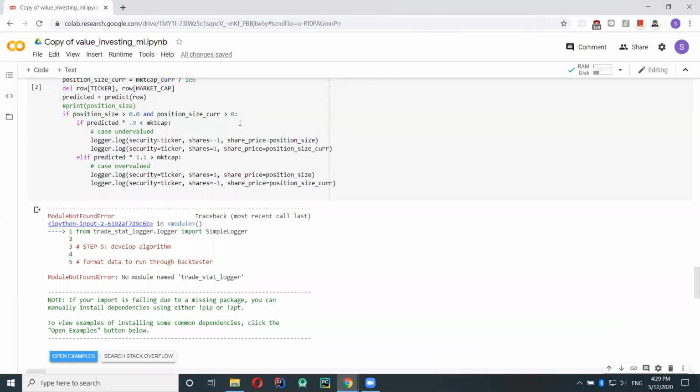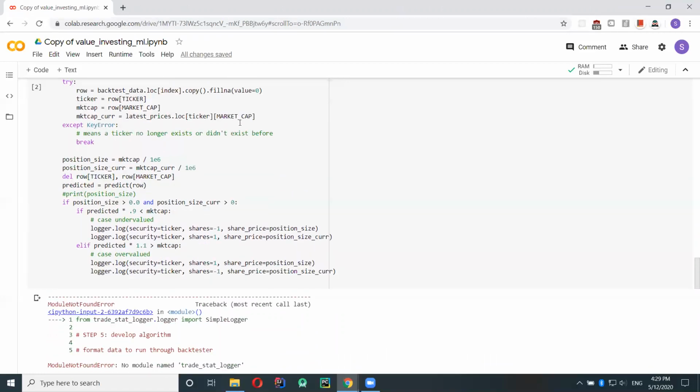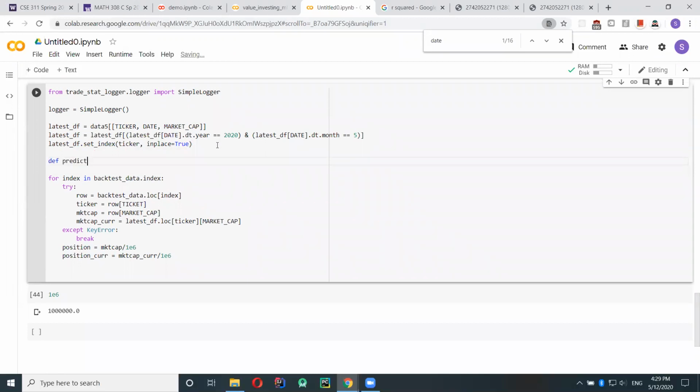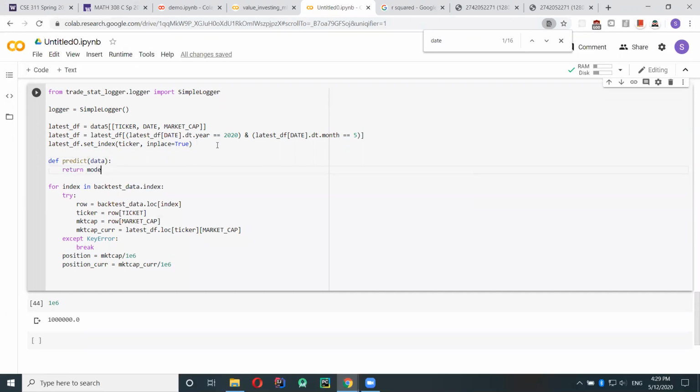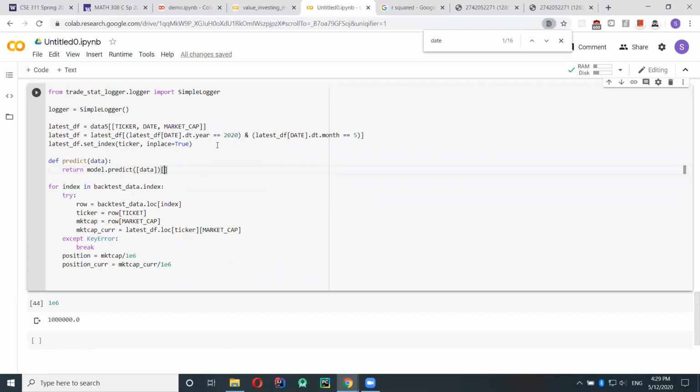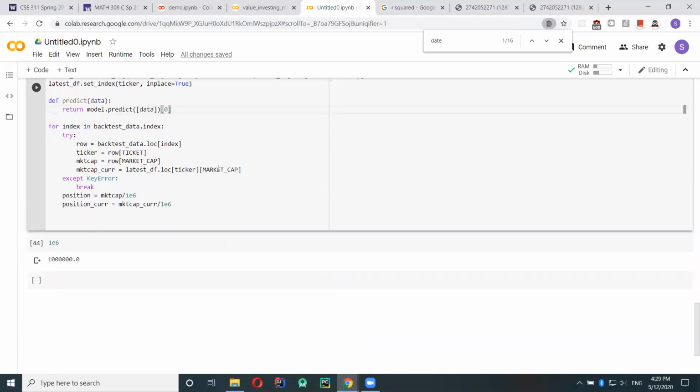Okay, next we want to predict. Let's create a function called predict, def predict, and we'll pass in data into a model. And if you remember from the previous workshop, it has to take in 2-dimensional data. So even if you pass in a row of data, which is 1-dimensional, just stick it in here. It also returns 2-dimensional data. However, it's 2-dimensional, yet it only has 1 element. So to just get the value, you just index it as 0.